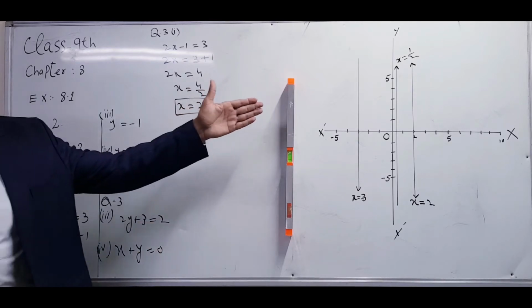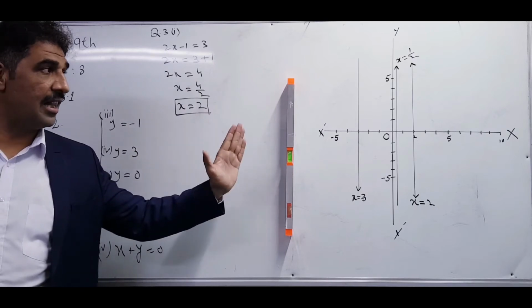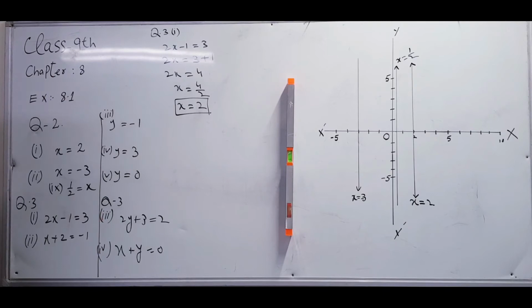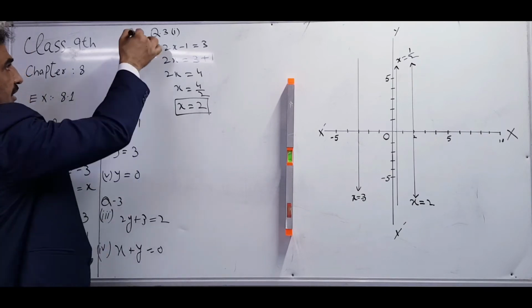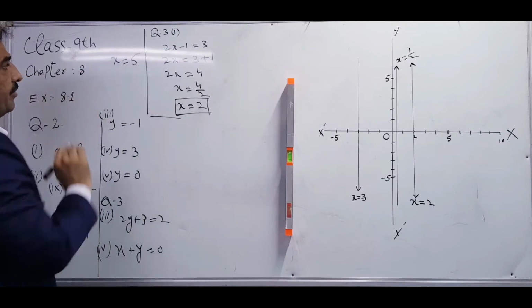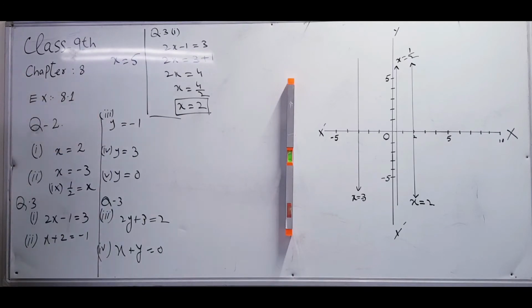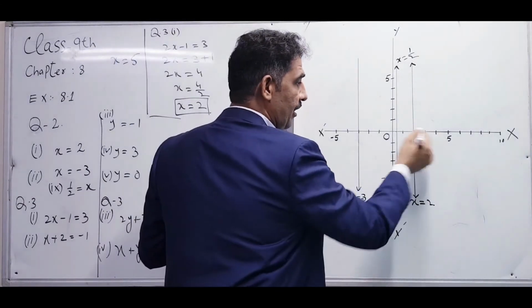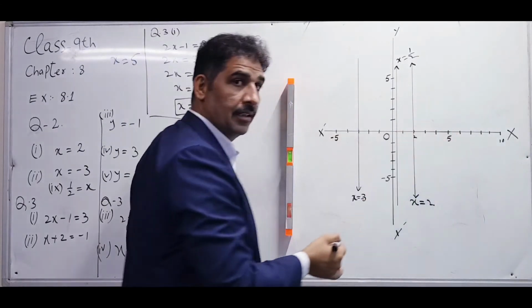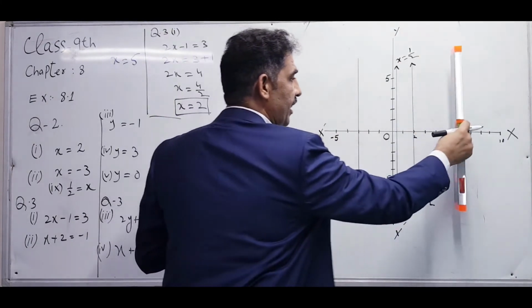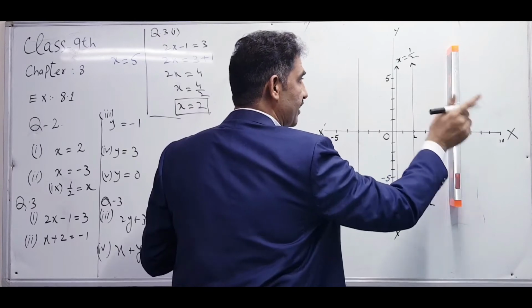So on this graph, you make all the lines which are parallel to the y axis. Like where is the value of x equal to 5? If the question gives that the value of x is equal to 5, where will we draw the line in this graph paper? Here, here or here? Good, here, because it is a positive value. So we will draw the line here, parallel to the y axis, just here.